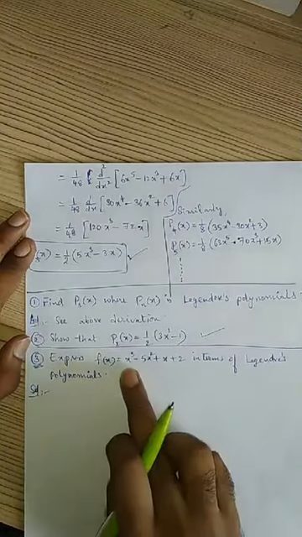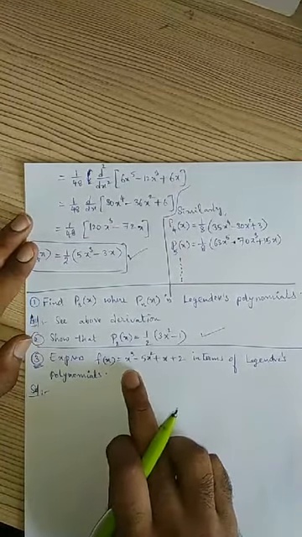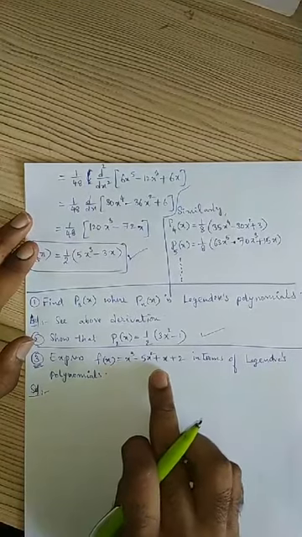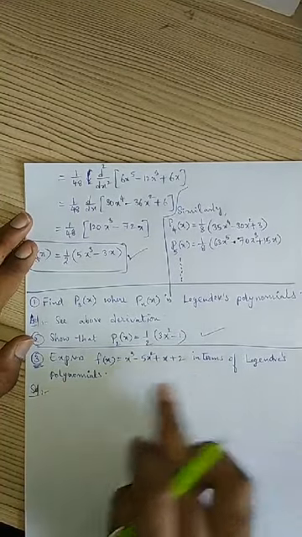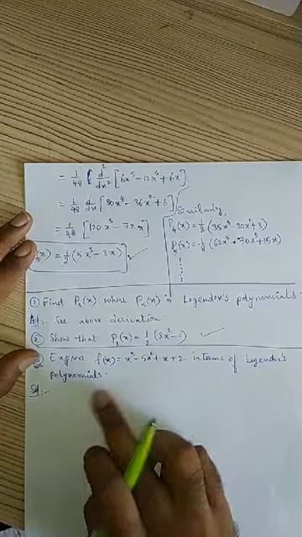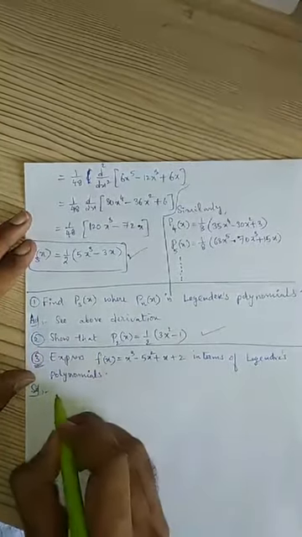So what is the question? Express this function f of x equals x cube minus 5x square plus x plus 2 in terms of Legendre's polynomials. This is what the question is. So we know